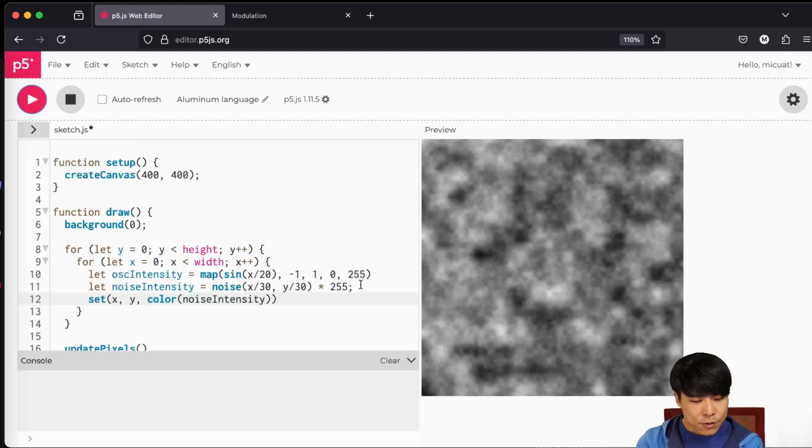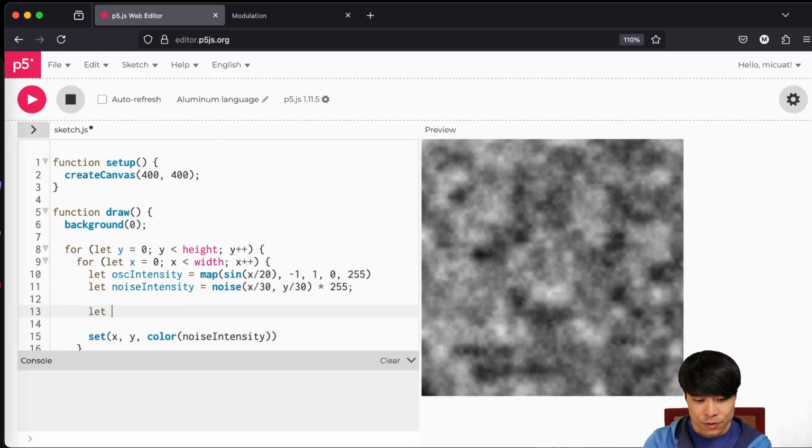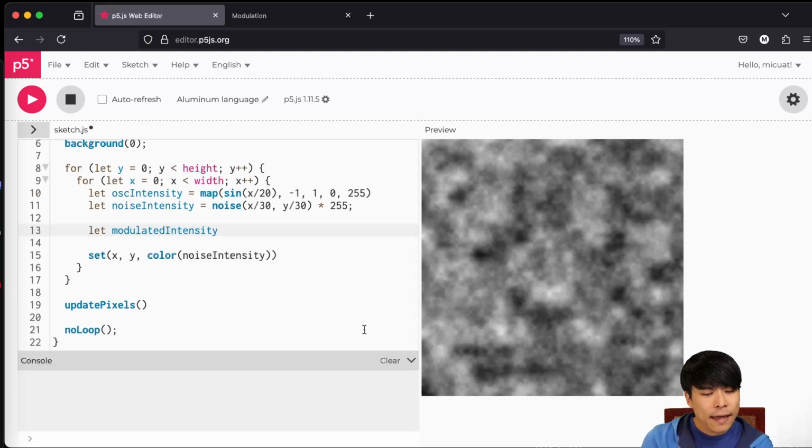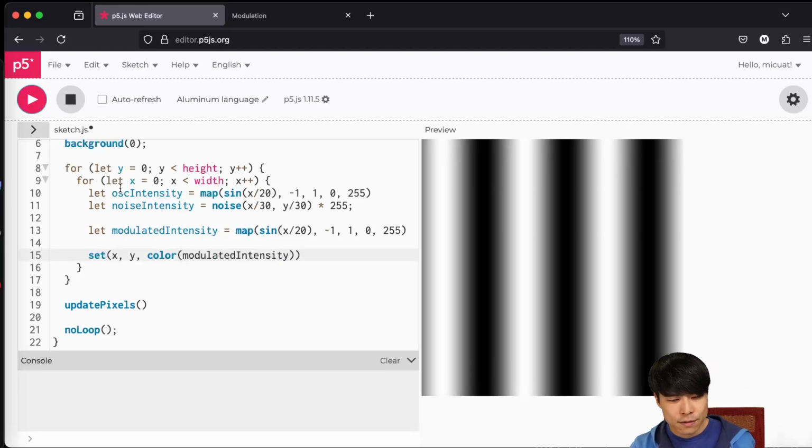And what I'm going to do is basically the same thing. I want the modulated intensity value. Somehow I want to calculate this and use that to set x and y. Does it make sense? I hope it makes sense to you. To do this, I'm going to do something very similar to OSC intensity. I'm just going to copy and paste, and pretend that if we modulate